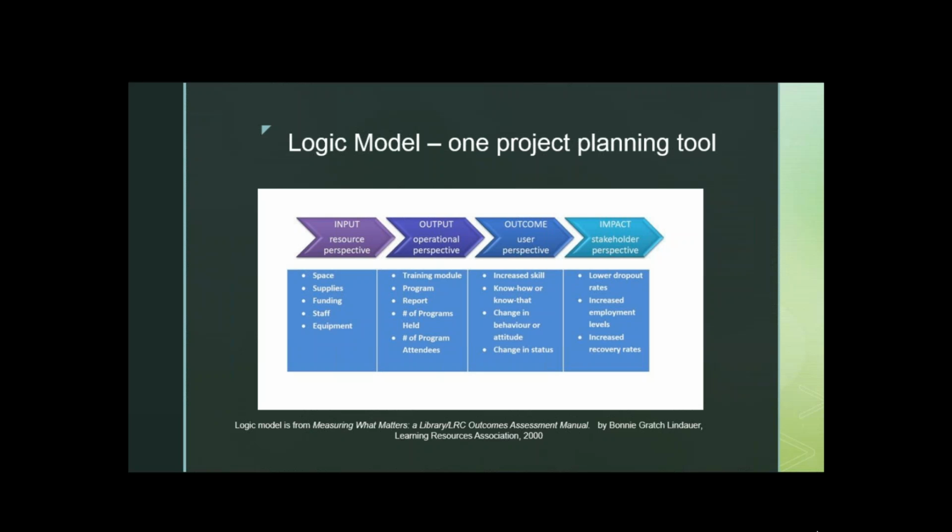So I would just say we are using logic models at the State Library, and this is partially why I shared this. It is just one project planning tool, and I always tell people, do what's right for you. The main thing is, did you think about what it is you were trying to accomplish? What difference are you trying to make? Did you build a project that helped you get there? And did you do the work? And however you get to that place where you're making that difference for people, that's fine. You'll find your own path.